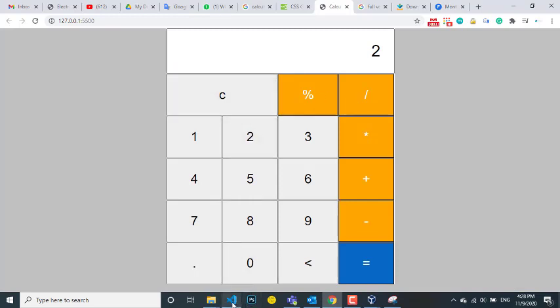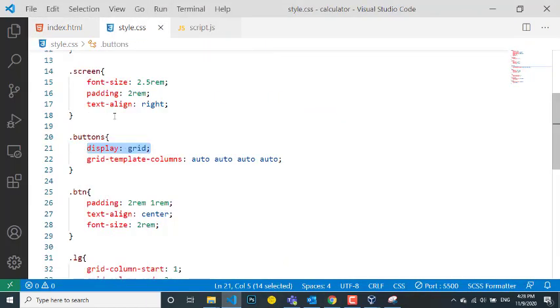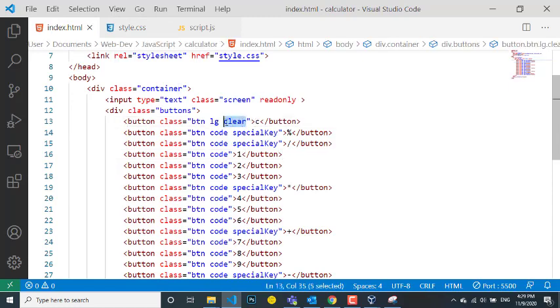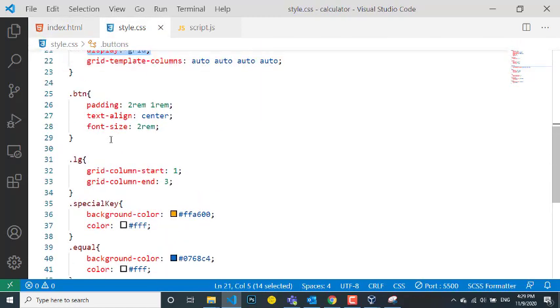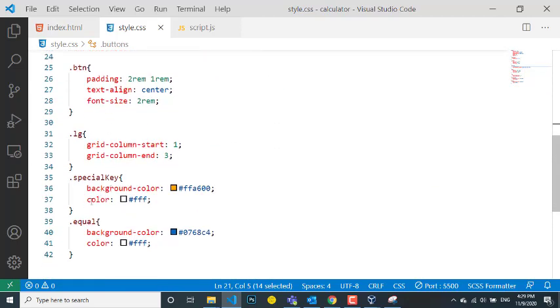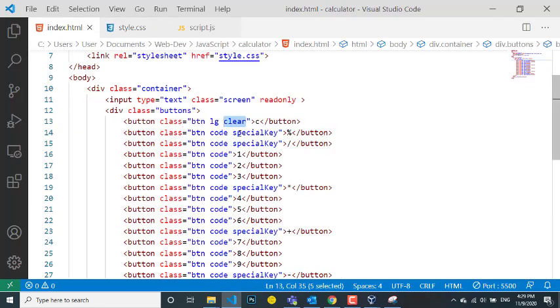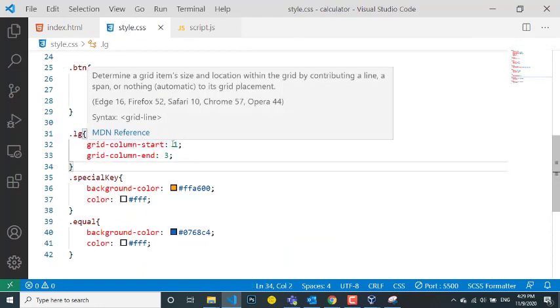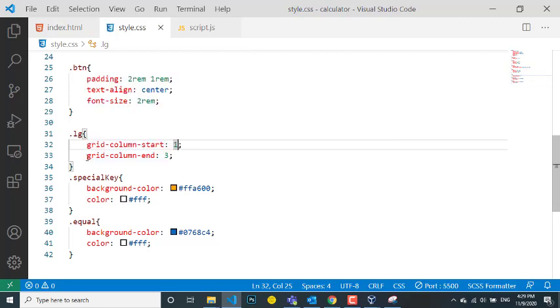So this one that is taking two columns at the same time, I added something there called clear. So this class is allowing me to go here and, okay, special key, this is large. So this LG is what is making it occupy the two columns. Like I give grid column start 1, and then since 4, then by the end it should have only 3 buttons. That means this one will occupy the 2, and that's why you are seeing it like that.